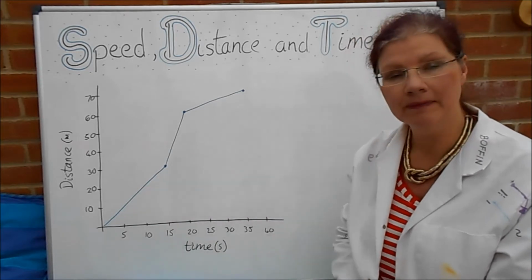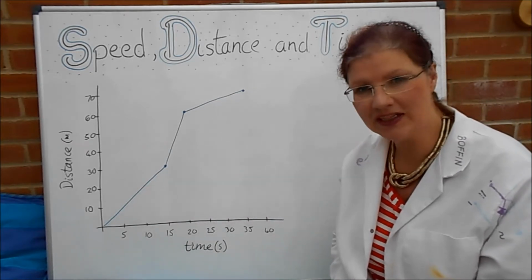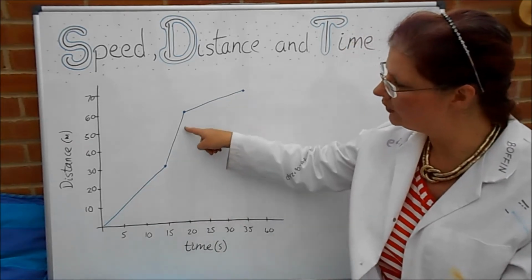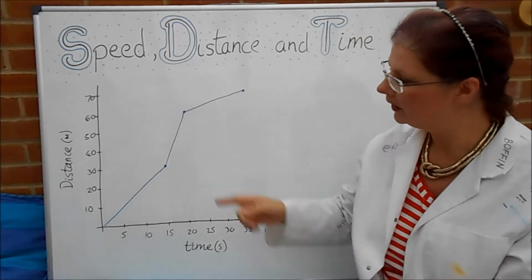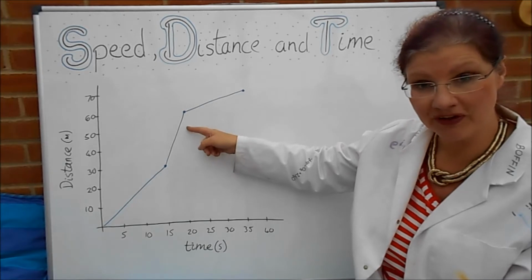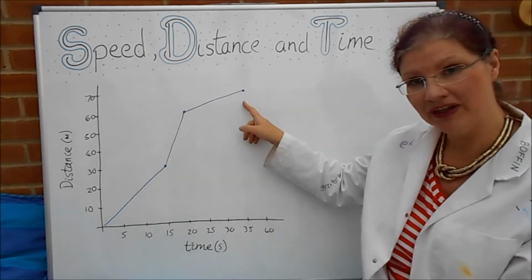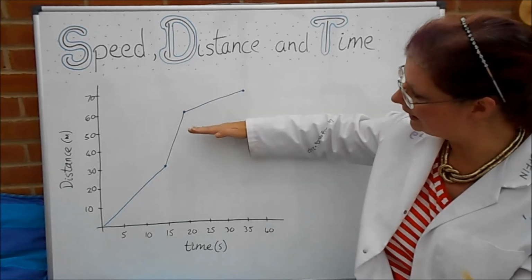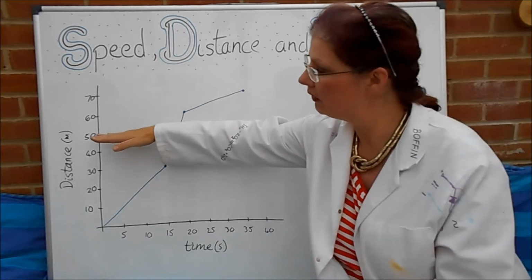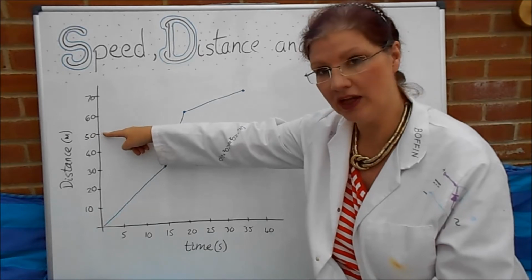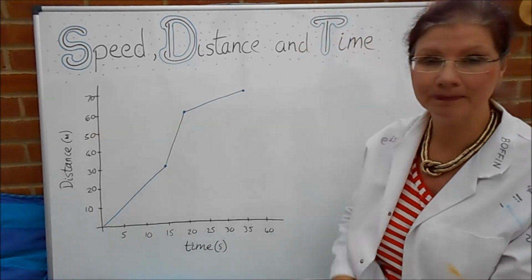A straight line, you remember, indicates a steady speed. We've got a steep section, a kind of flat section and a kind of in-between section. The steeper the graph, the faster you're going, and the flatter the graph shows you're going slowly. A completely horizontal part of the graph means you're not going anywhere at all. If the graph is horizontal, it means your distance is staying the same while time carries on, which means you're